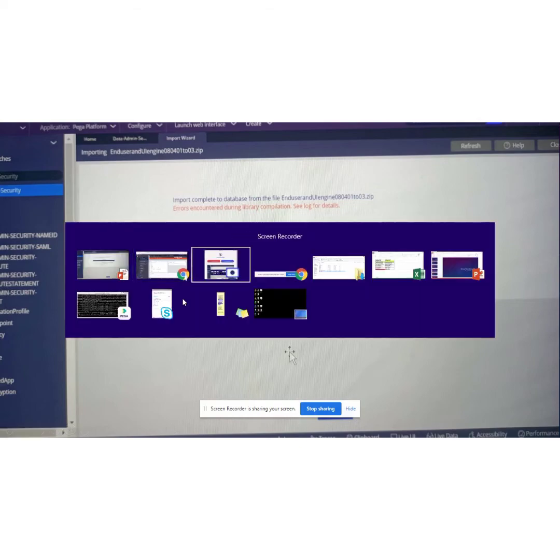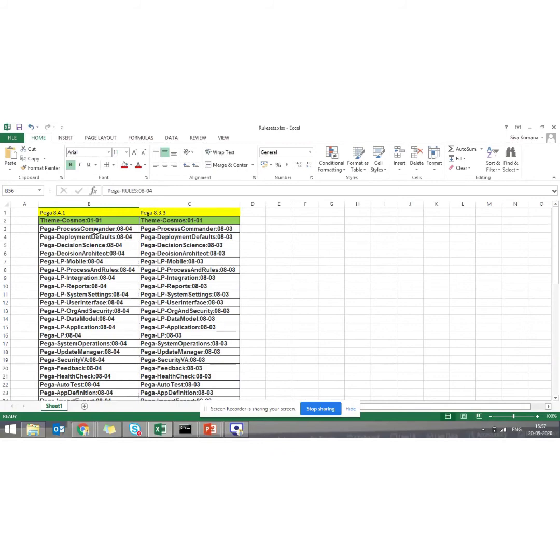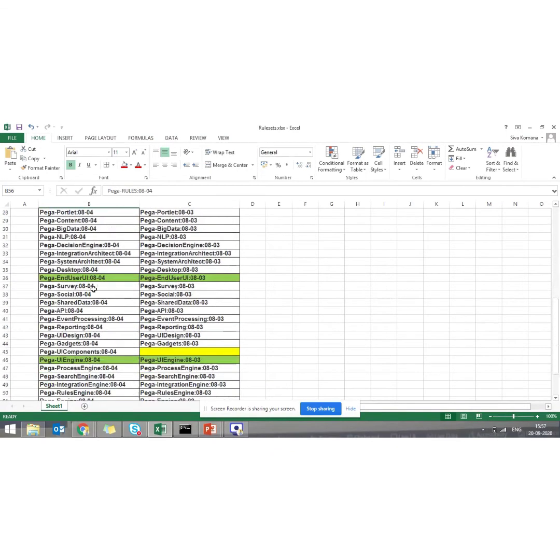I went to the log and checked. There is a dependency showing all the versions like this, finished with the Excel sheet. So it shows that there is a dependency on the remaining versions. If you deploy end user UI and UI engine, it shows the application dependencies present on remaining rule sets. So luckily, once we deployed, we did not get a login issue or anything else. But once I tried to open the work object, I could see some issues again.